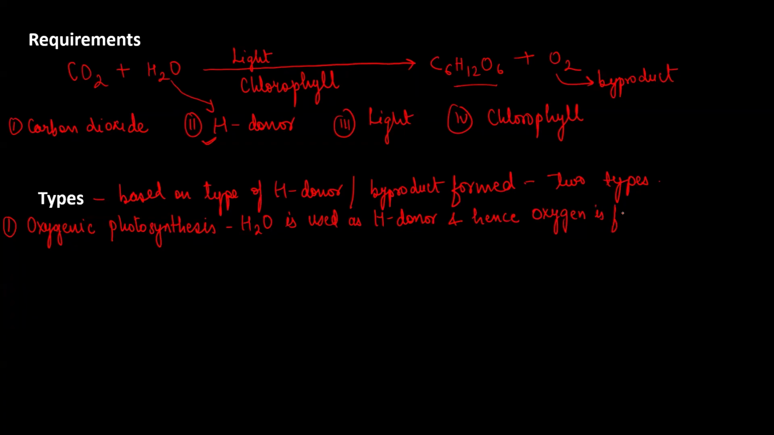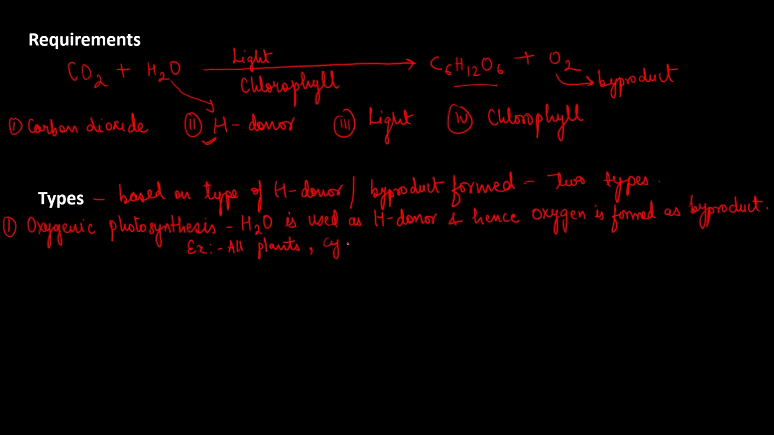Oxygen is formed as a byproduct. Okay, oxygen is formed as a byproduct, and hence it is known as oxygenic photosynthesis, or the photosynthesis in which oxygen formation is taking place. Now, its examples are all plants,